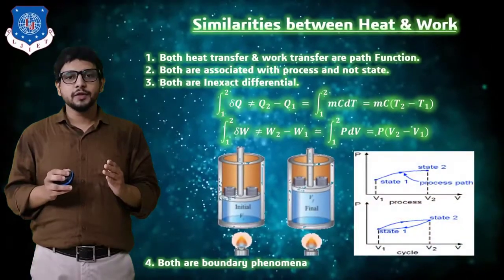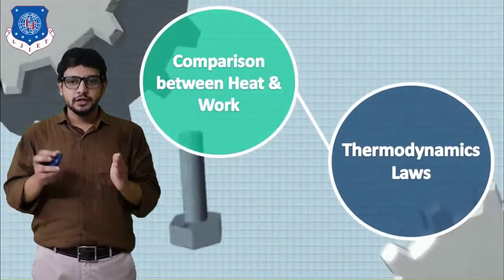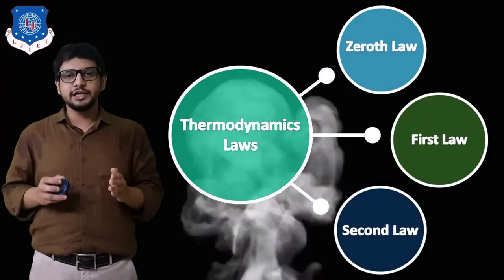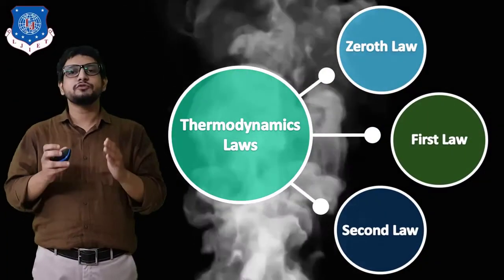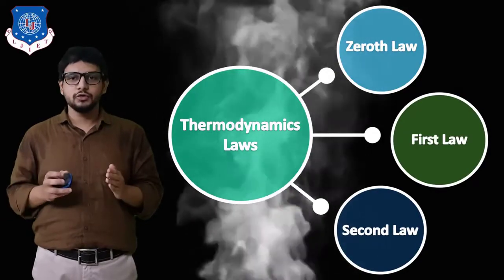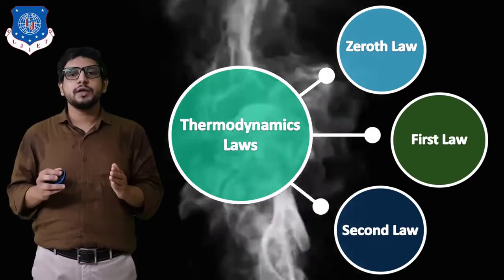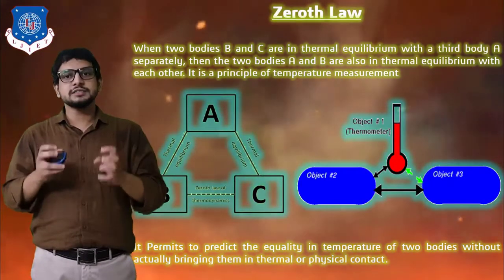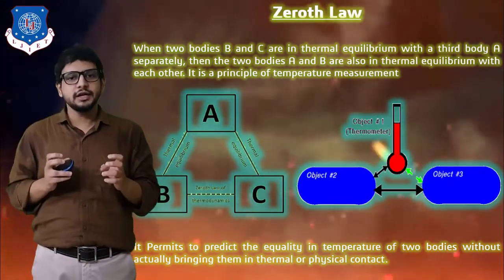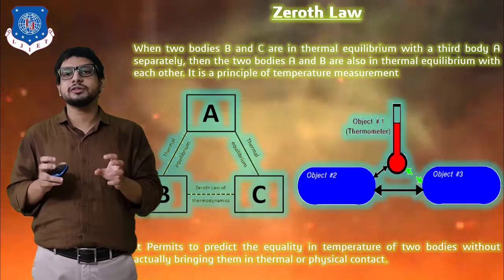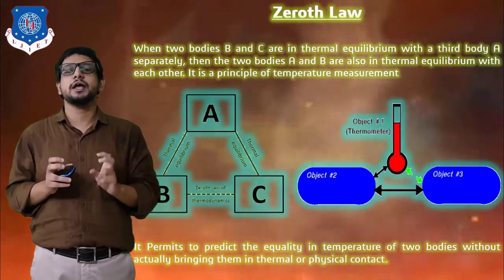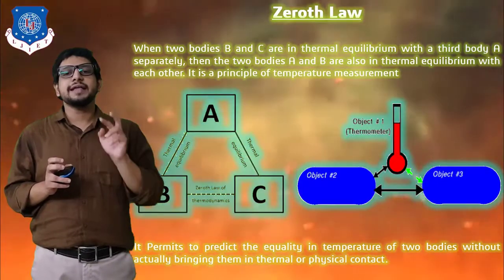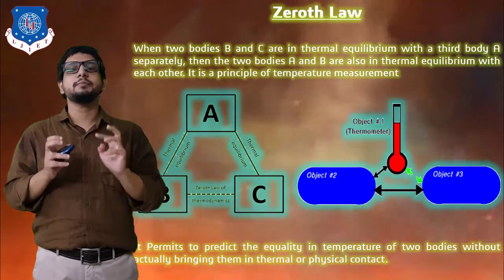So now let's begin with our next topic, that is thermodynamic laws. So the thermodynamic laws which we are going to study are Zeroth Law, first law and second law. So now let's begin with Zeroth Law of thermodynamics. So what does Zeroth Law indicate? It indicates that, as you can see on your screen, I have shown three bodies, body A, body B and body C. So let's say that when the two bodies B and C are in thermal equilibrium with the